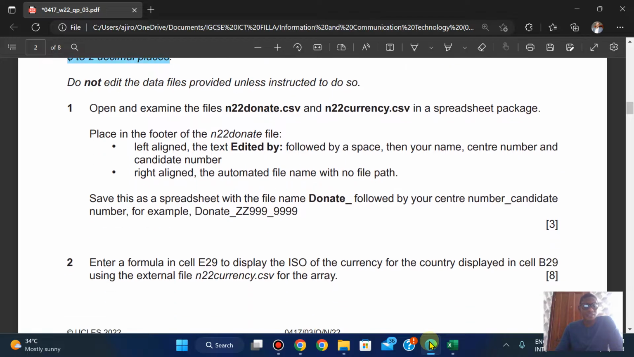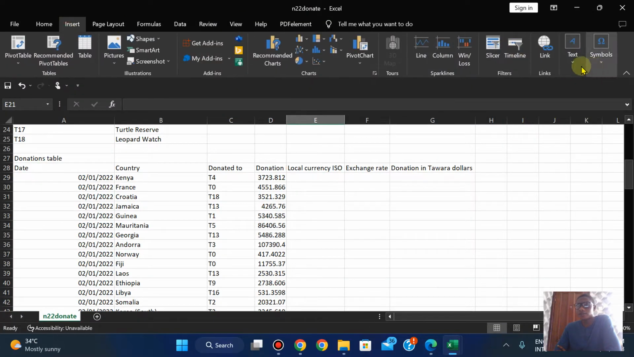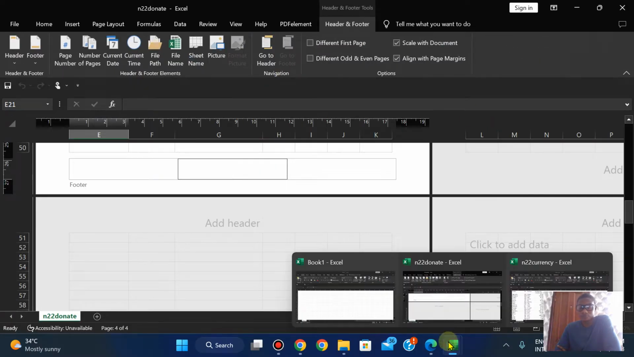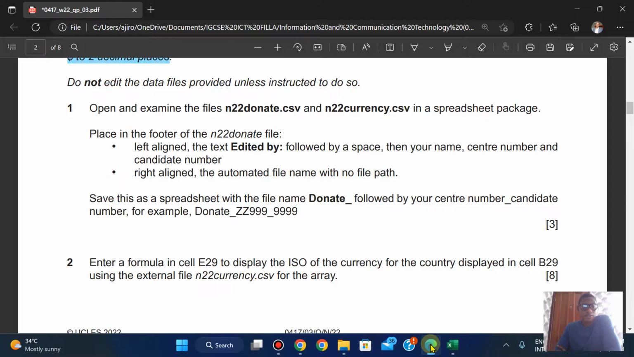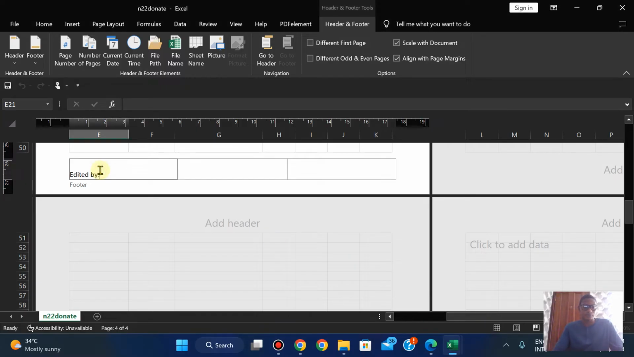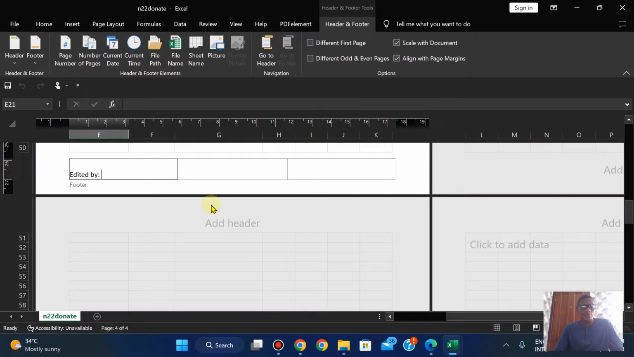Now, place in the footer of the N22 donate file. So let's go to donate. Let's go to insert. Let's go to right here on the text group, headers and footers. Go to footer. Left align the text edited by, copy, followed by space, center number